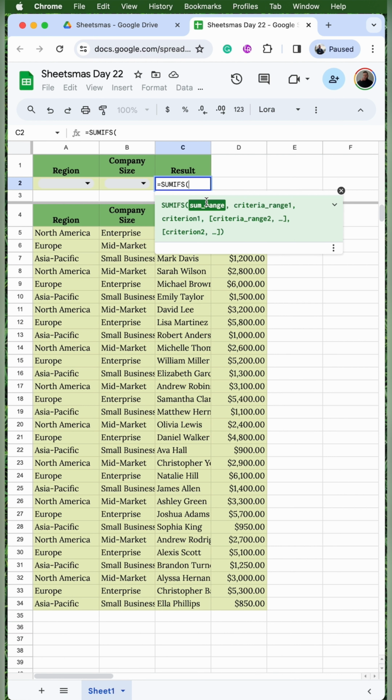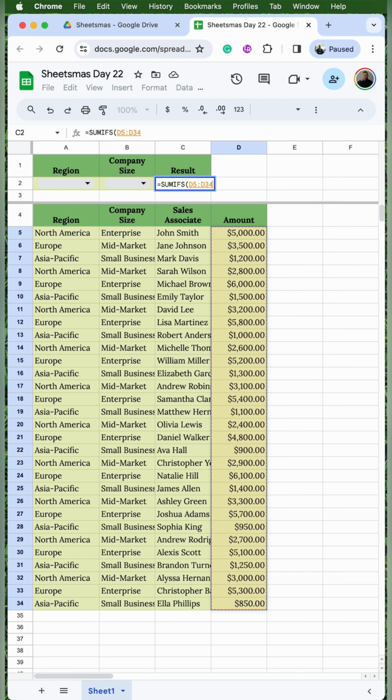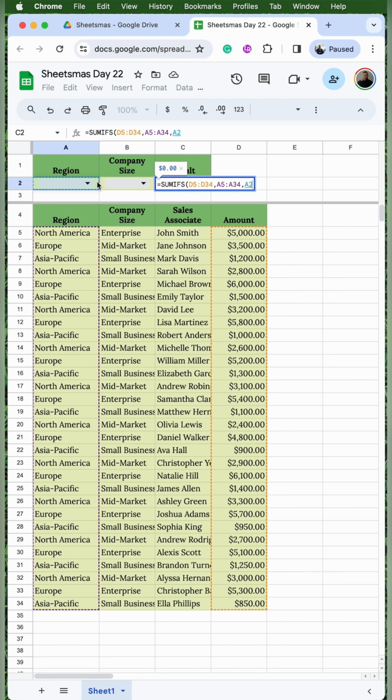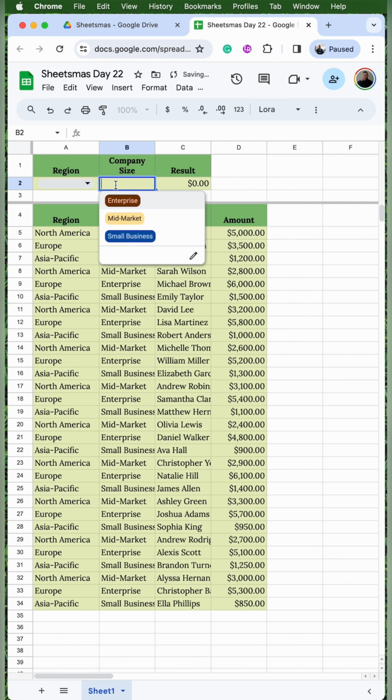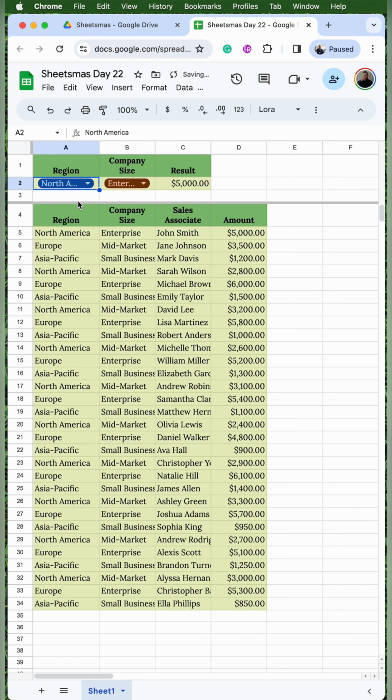So for our formula, we'll type equals SUMIFS, and then we'll select our sum range. Then I'll put a comma and select our criterion range, which will be our region. Then I'll select A2, which is our criterion. Then I'll do the same for company size, where B2 is the criterion. So now if I select different options, the result will populate,